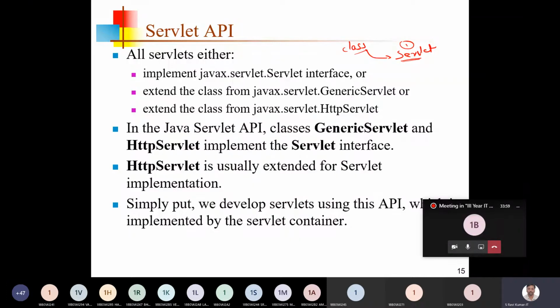Please tell me, anyone: as in the previous topics, whenever our class wants to act like a remote object, what do you do?